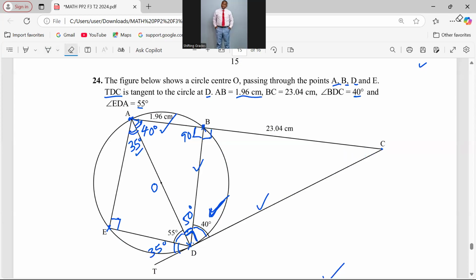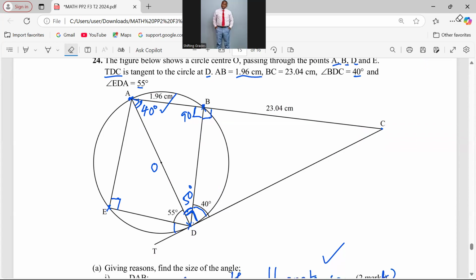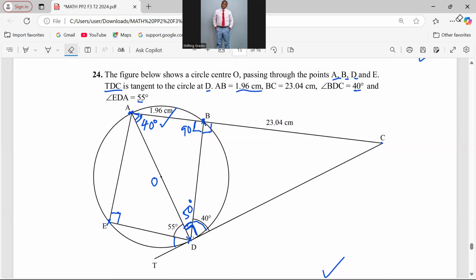Let me show you how I mean this. So assuming that the triangle we have is ABD inscribed in the circle given, then applying now